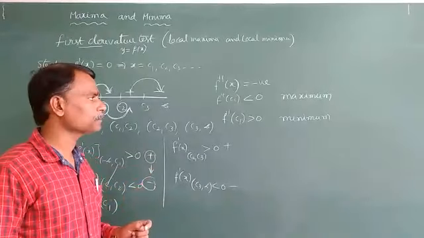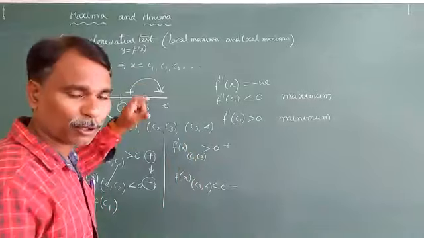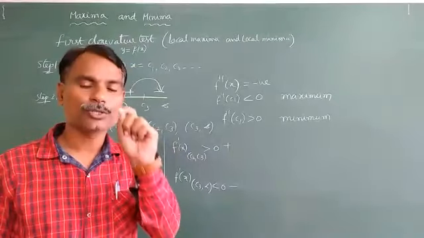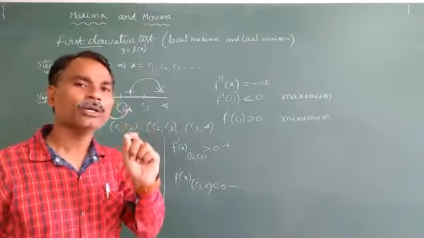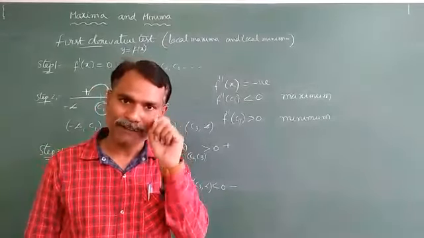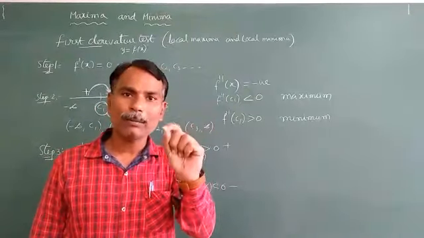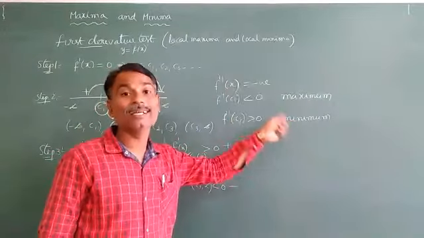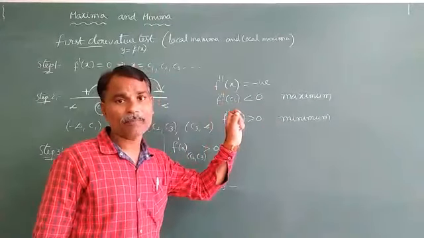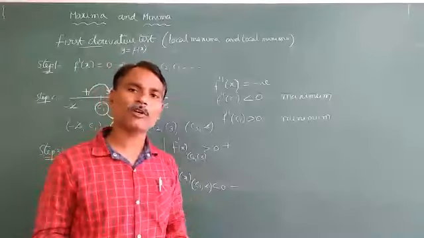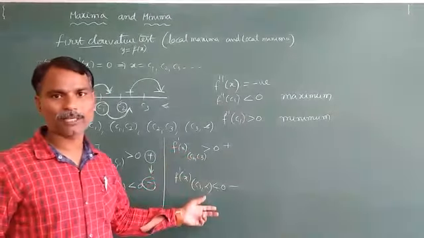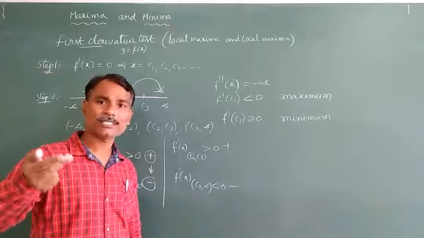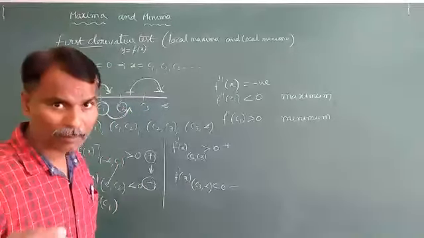The confusion is about local maxima. If you are going to find the local maxima, don't use the double derivative; you have to use only the first derivative. If you calculate using the first derivative and simplify the problem, that should be considered as a local maxima and local minima. If you apply the double derivative and give the answer, that definitely goes to maxima, minima only. Absolute maxima, absolute minimum means we check and get different values. Out of those values, the highest is the absolute maximum, and the smallest is the absolute minimum.